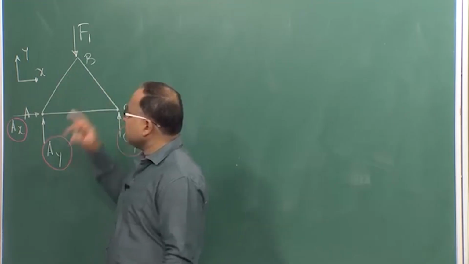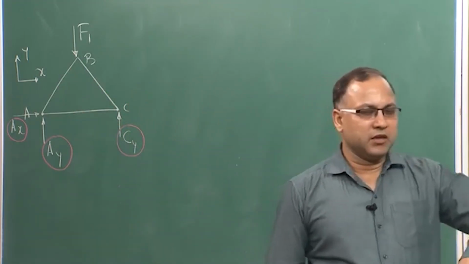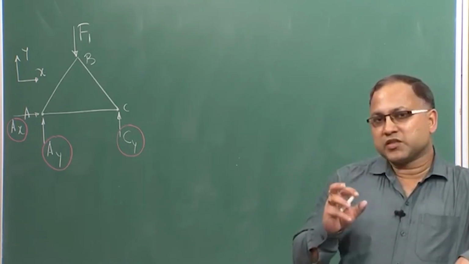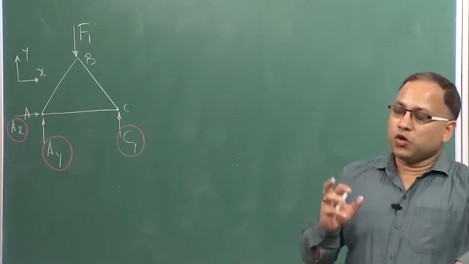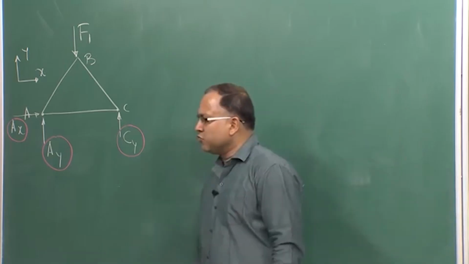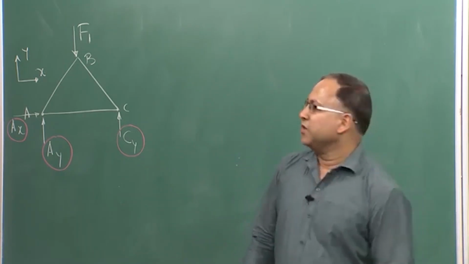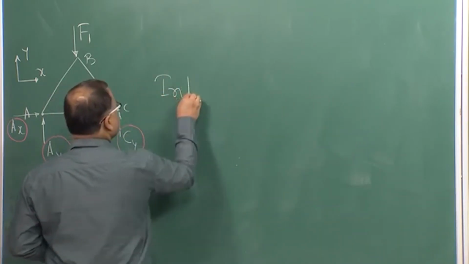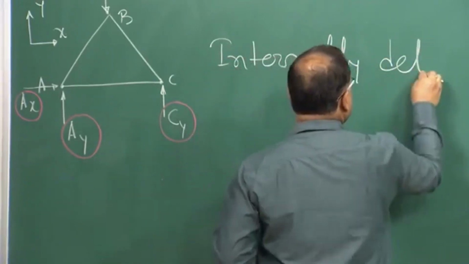So, all the forces in individual members have been obtained, just by exploiting the equations of equilibrium. So, if by satisfying the equations of equilibrium you can solve all the member forces, that is known as internally determinate